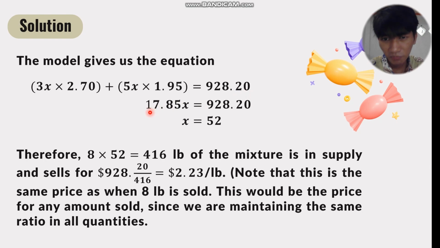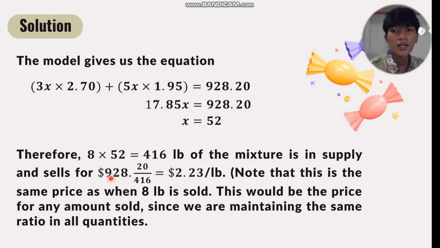So 17.85x is 928.20. So the value of x is 52. Therefore, 8 times 52 equals 416 pounds of the mixture is in stock and sells for